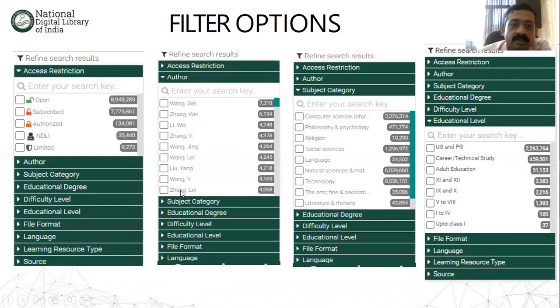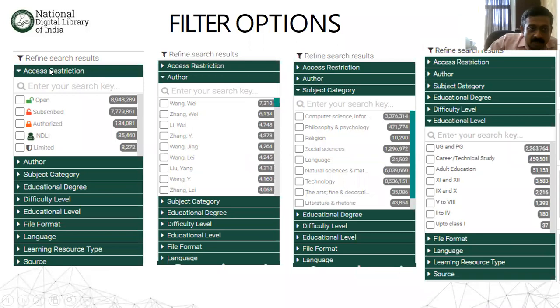Okay. Similarly, these are the main filter options we have to use. Always remember, we have to use the filter options once again. And why I remind you, because if you go to NDLI for the first time, it is a little bit difficult, but if you use it continuously, definitely it will be easy. So these filter options are very important. This is, I told you, the beauty of our NDLI. If you go for Google search, definitely there won't be that many filter options.